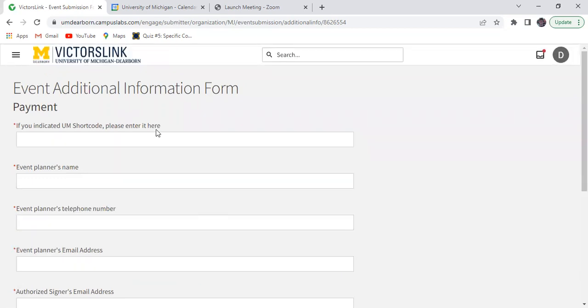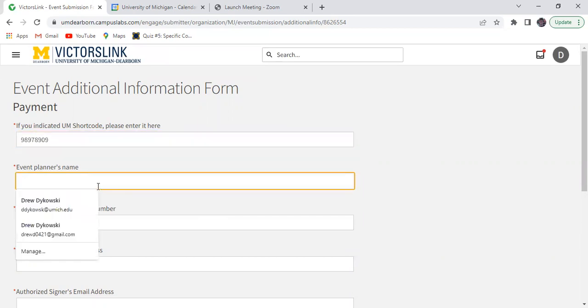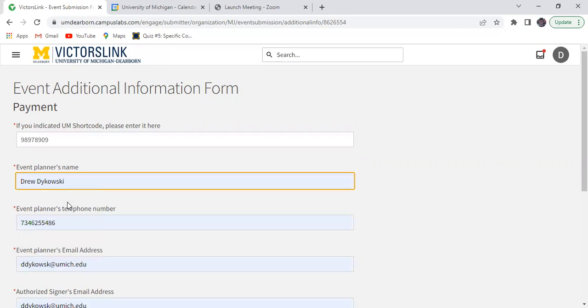And this is important as well. So you do want to make sure you put your student organization's short code number. So I'm just putting numbers in right now, and then put all my information here. Also, for the short code, it's important to put that down because when UUE goes in, even if you aren't getting paid or even if you aren't paying for anything, UUE uses that short code to keep track of who's reserving spaces and events and everything like that.